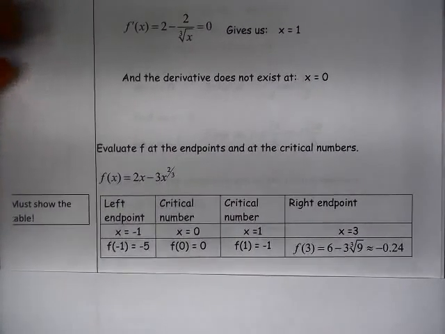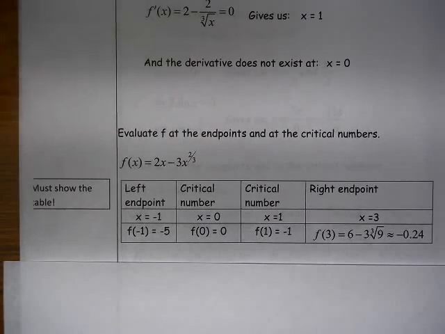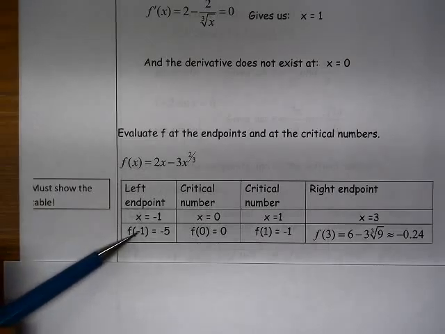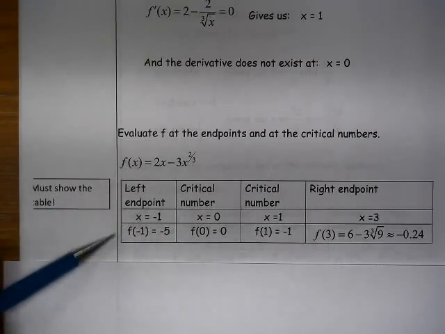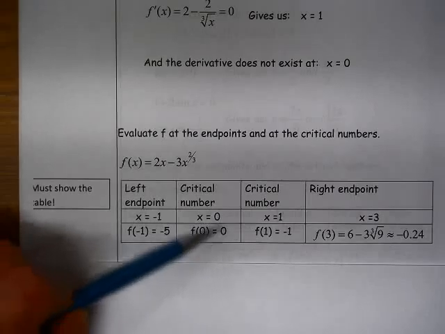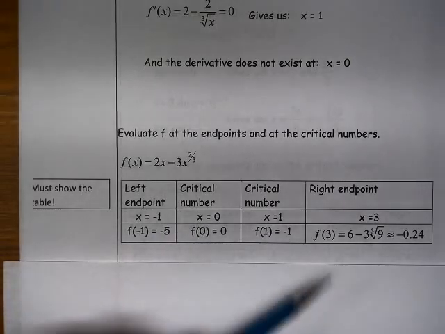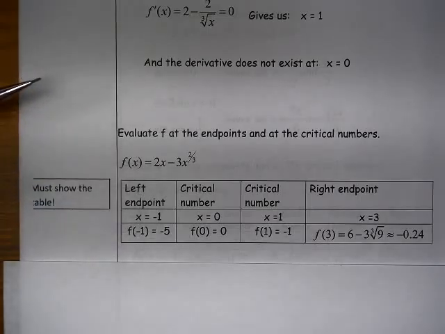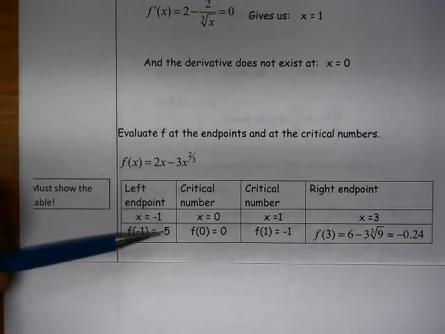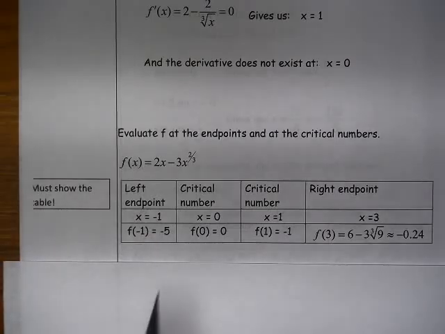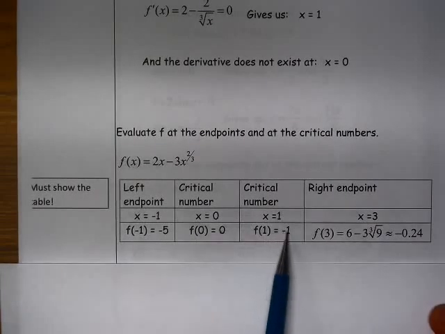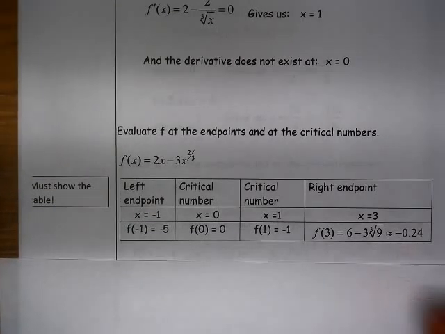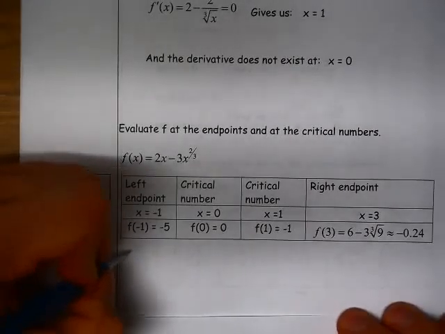So sometimes it's easier to lay this out and show the table. We have to show these calculations. We have to show calculating f of -1, calculating f of 0, calculating f of 1, calculating f of 3. The easiest way to do that is to lay that out in the table. All right, so we calculate those y values. We see here we have a y value of -5, of 0, of -1, of approximately -0.24. So we have our minimum